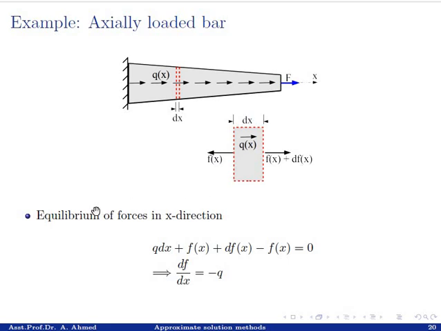Now equilibrium of forces in the x direction requires that the sum of all the forces must equal 0. So the total force exerted by the distributed force plus the force on the right face plus the force on the left face must all equal 0. If you simplify this equation, I get df over dx equals minus q,